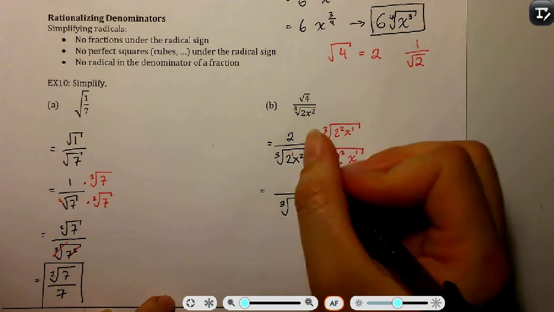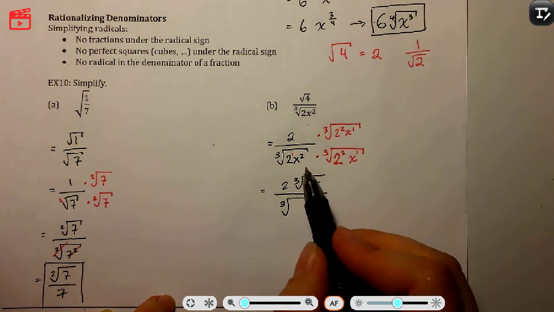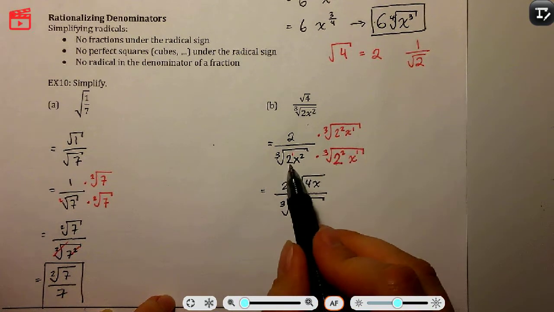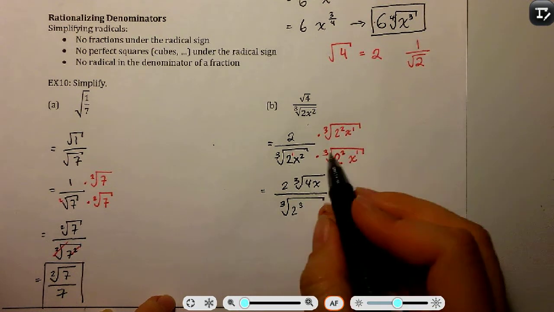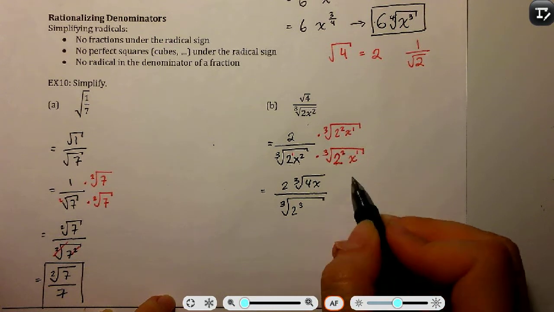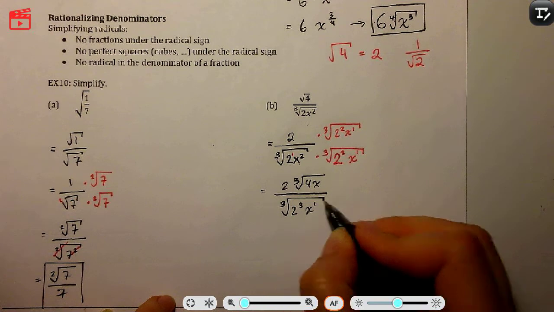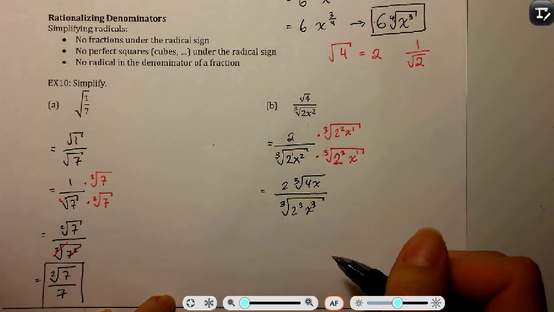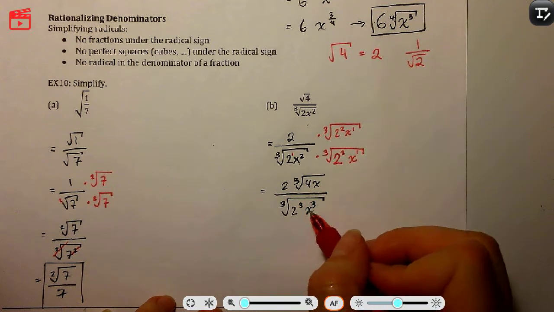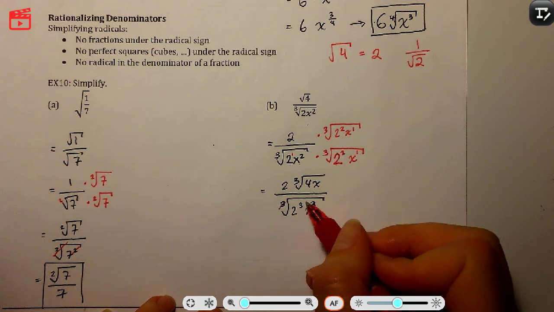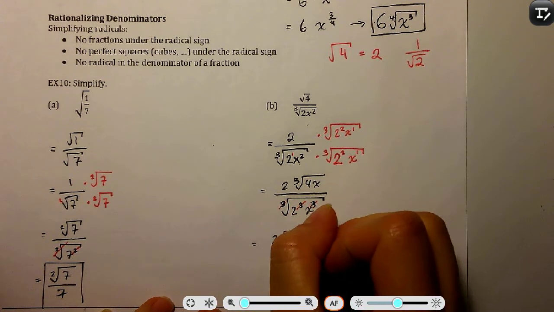Okay, so multiplying across the top, I have 2 cube root of 4x. And in the bottom, so keeping the radical, 2 to the 1st power times 2 to the 2nd power gives me 2 to the 3rd power. Then x squared times x to the 1st power gives me x to the 3rd power. All right, and once I've done that, I've now created the perfect cubes under the cube root. So we can go ahead and simplify. And I'm left with